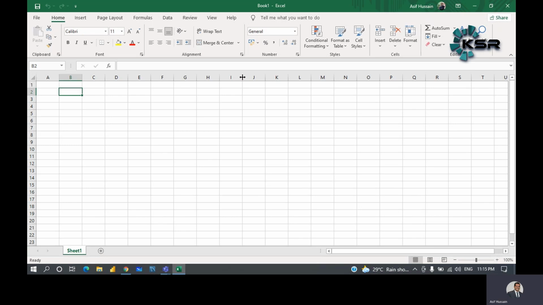There are many people who think that Excel is just filling up the details in these boxes row wise and column wise, but no, we can do a number of things. We can do wonders in MS Excel. There is trigonometry, we can do graphs, we can do calculations, we can insert images, we can do multiple things in MS Excel.